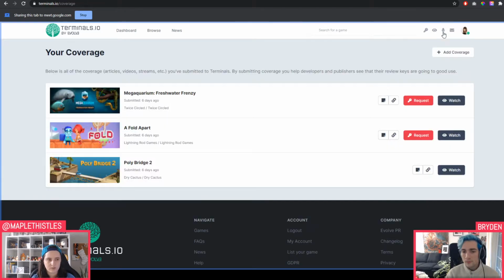And then coverage. Something about terminals is, in its current state, you will still have to manually apply your coverage. So if you cover a game and you put it in terminals, it can be any type of content. It can be a podcast, a stream, a YouTube video, an article or blog. It's just really important to add your coverage to terminals